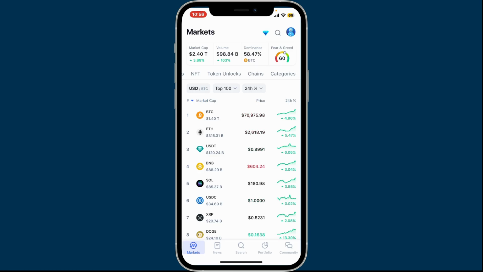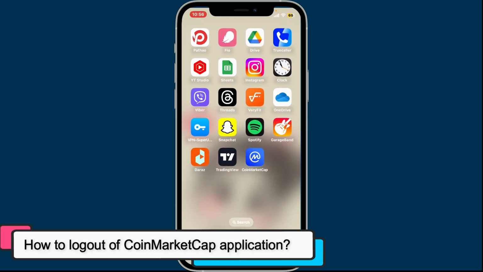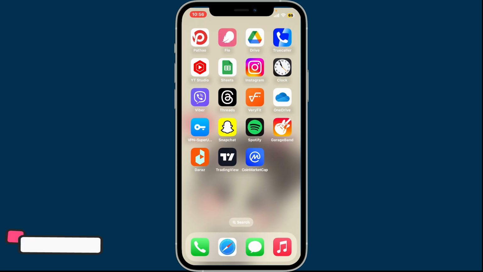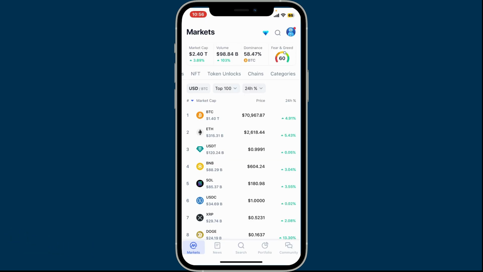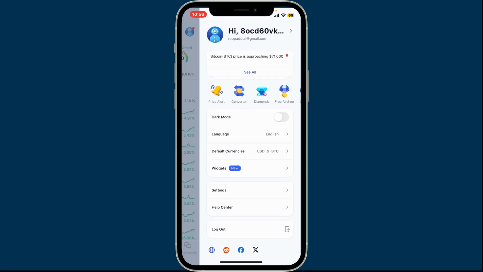In today's episode, we will be learning how you can log out of your CoinMarketCap application on your mobile device. Signing out or logging out of the CoinMarketCap app is super easy. Launch and get inside your CoinMarketCap application and look for the profile button at the top right-hand corner. After you do that, you will then be able to see an expanded menu where you need to tap on